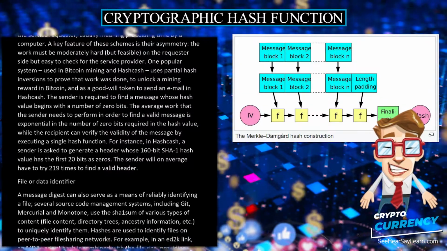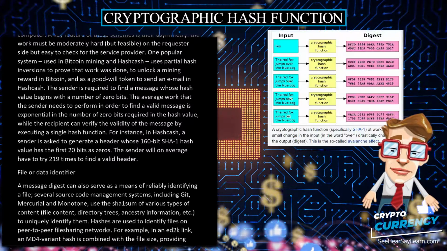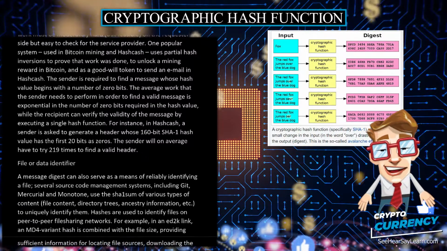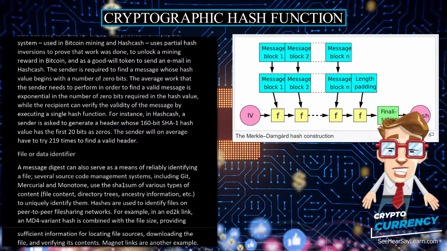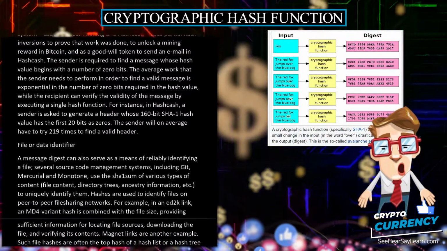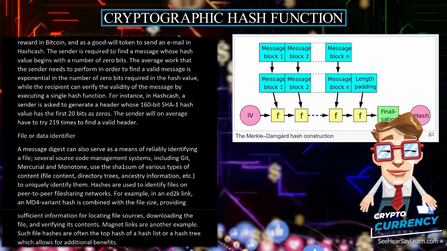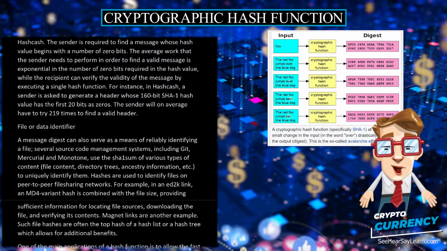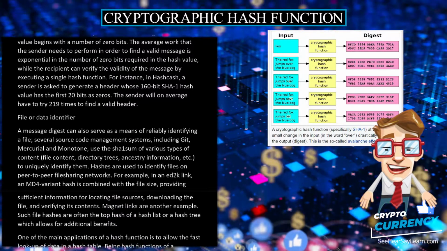to uniquely identify them. Hashes are used to identify files on peer-to-peer file-sharing networks. For example, in an ED2K link, an MD4 variant hash is combined with the file size, providing sufficient information for locating file sources, downloading the file, and verifying its contents. Magnet links are another example. Such file hashes are often the top hash of a hash list or a hash tree, which allows for additional